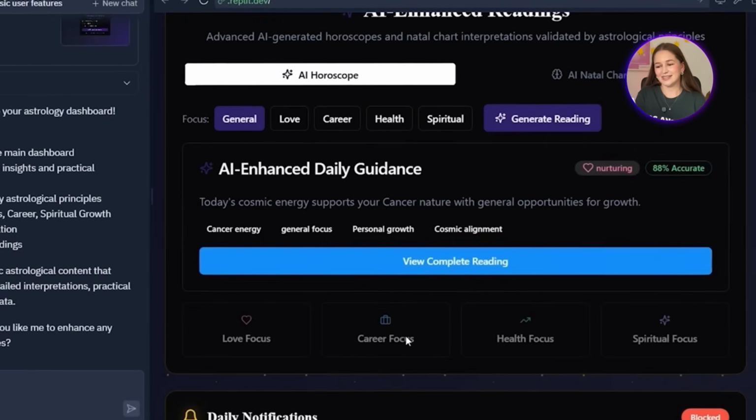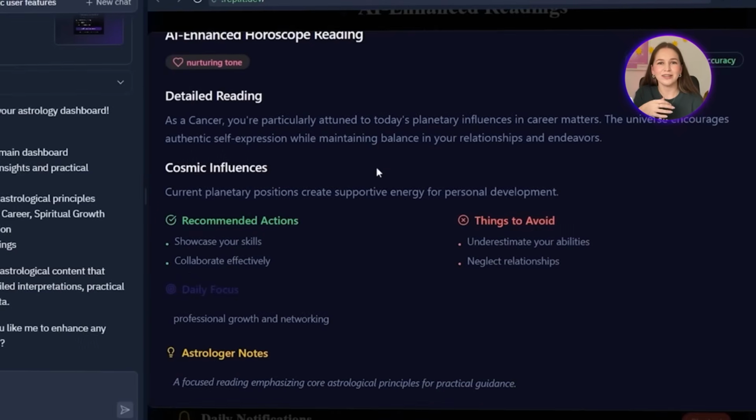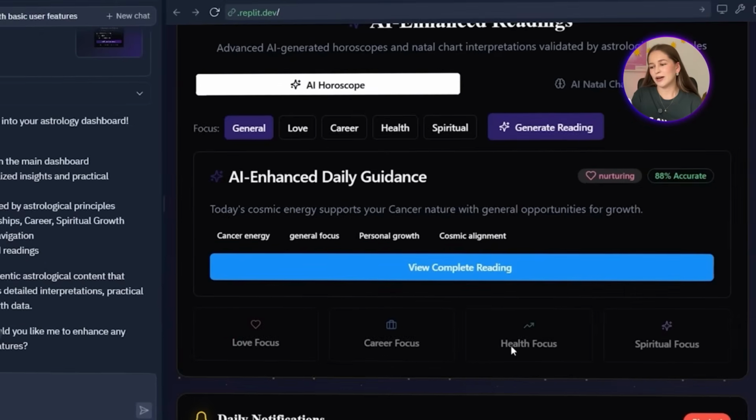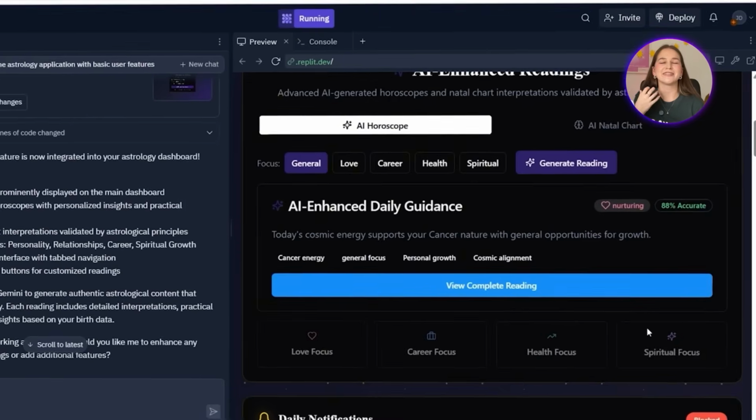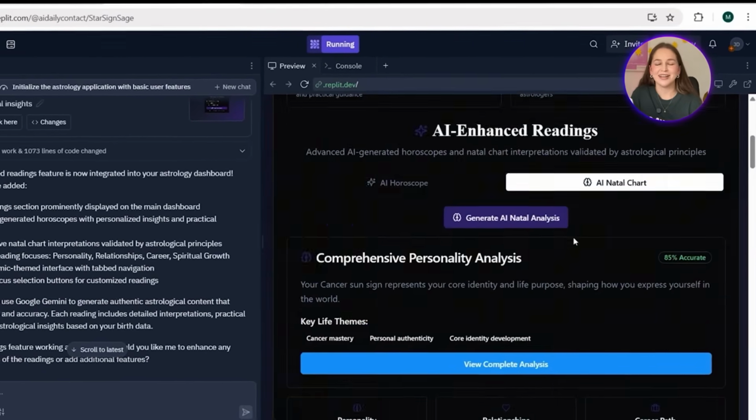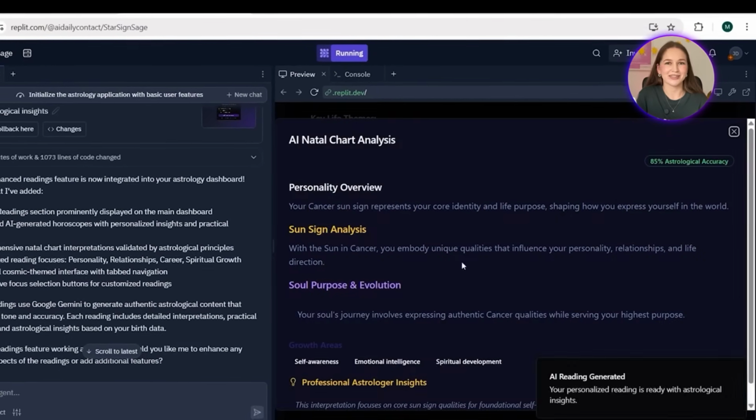The content is tailored, the themes are relevant, and it's all presented in a way that actually feels personal, I would say, not just AI generated for the sake of it. Okay, there are also moments when users don't just want to understand themselves, but they want insight into someone else, like a friend or a family member, or maybe even a crush. So the next feature is all about that.